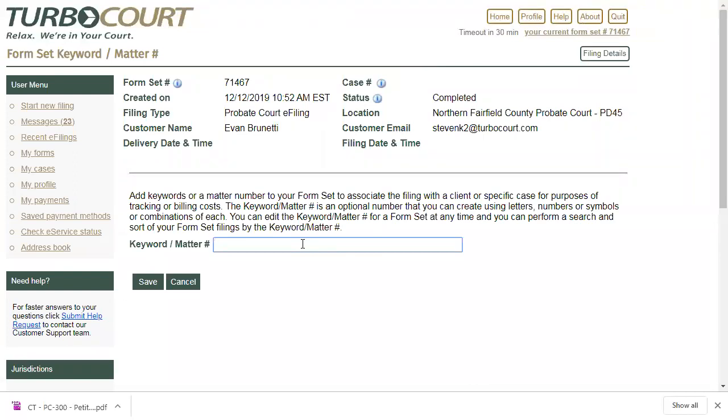Alphanumeric, special characters, multiple words. Highly recommend you use this. You use it for tracking purposes. This has nothing to do with the courts at all. This has to do with your own internal tracking of your clients, of your cases, of the work that you're doing. So if you use a client ID system, put your client's ID associated with each of the filings you're